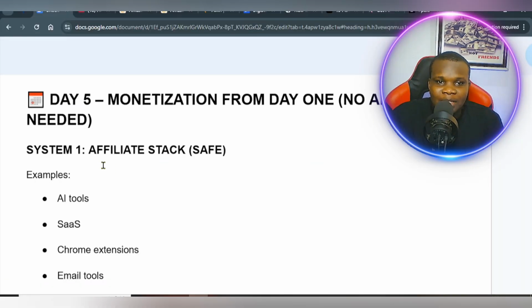The first step is the affiliate marketing stack. As you already know, affiliate marketing is all about promoting other people's products with the aim of earning commission from sales of that product. How does it work? You can own a website or blog where you publish content, or a YouTube channel where you publish content, and the type of content you publish determines the type of affiliate marketing programs you should go for.